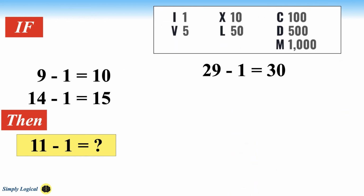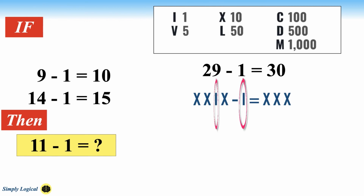Let's use the same principle to solve this math puzzle. In the first equation, Roman equivalent of 29 is XXIX, and Roman equivalent of 1 is I, and Roman equivalent of 30 is XXX. If you observe carefully here, actual subtraction is not performed. Instead, Roman numeral I, which is a second numeral, is removed from first numeral, which results in XXX,